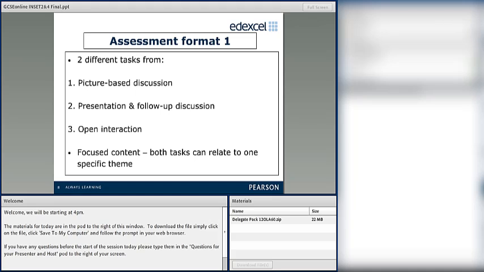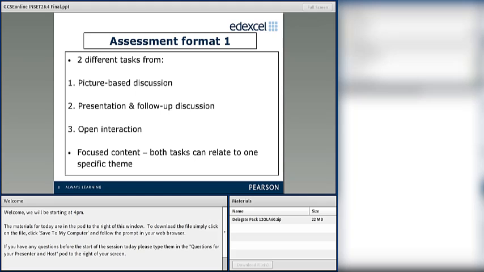As we said before, both tasks can relate to one theme if you want to, but otherwise they can be on different themes, entirely up to you. Also, you will have to submit marks for 2 tasks for your students. However, there's no limit to how many you carry out with your students, obviously within the time constraints of your teaching. If you do more than 2, however, you will have to submit the marks for the best 2 only. Okay. And what is important is that you have to submit 2 different tasks.